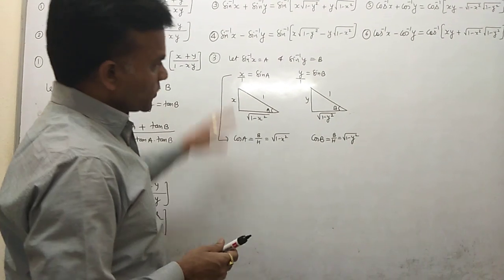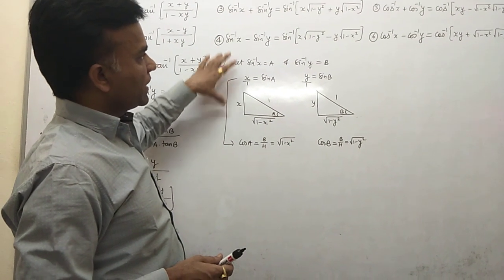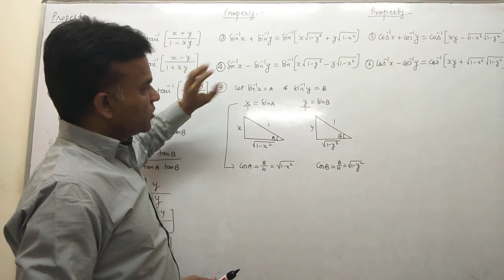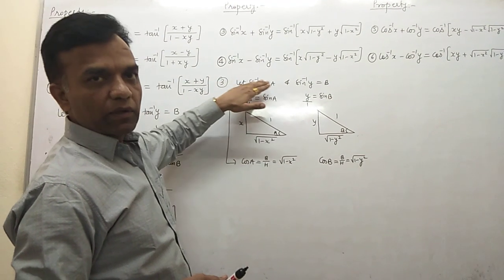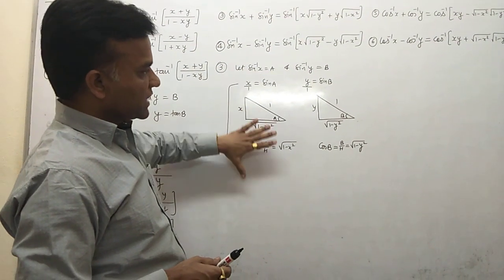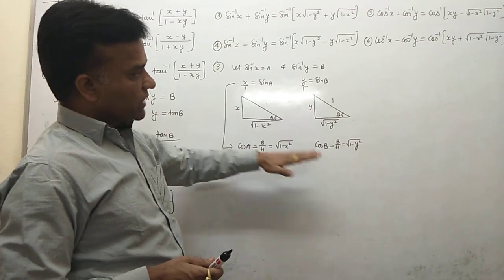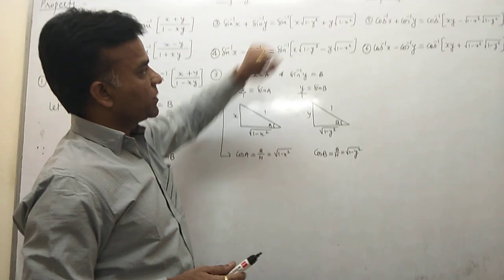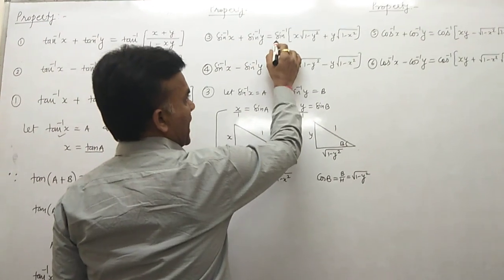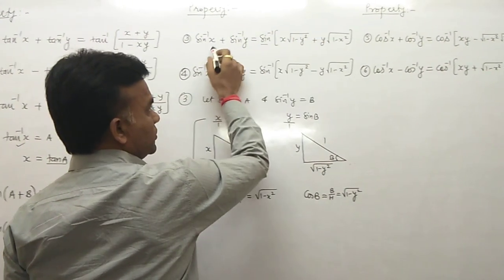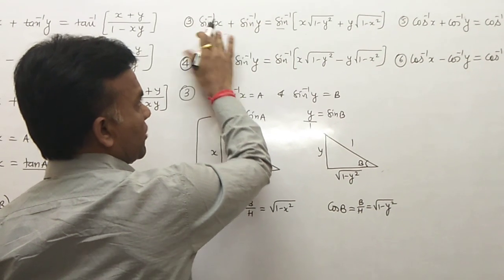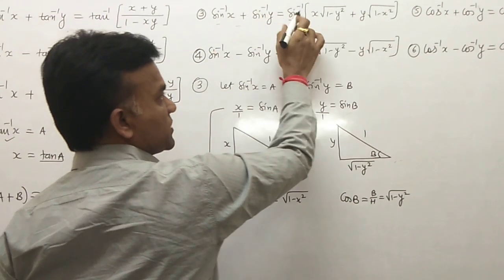So the process is the same if you have a trigonometrical identity in some numeric form, and you use the concept. First you assume both values as a and b, and then using this concept you find sine, and since cos is given, you find out sine, because the formula used depends on it. This is sine inverse of the whole value. So it doesn't matter here what value is given. Only this value is important.